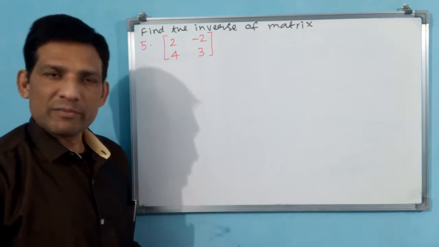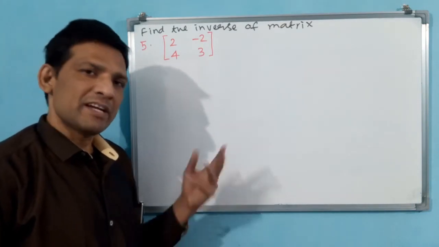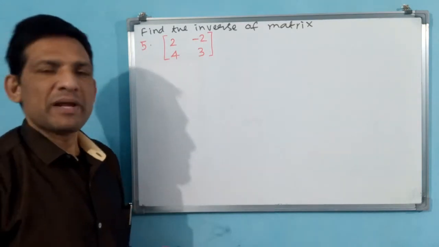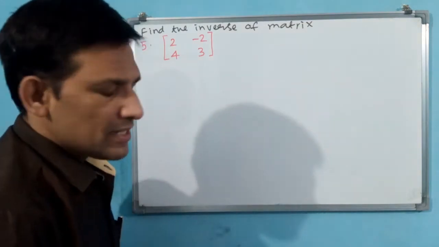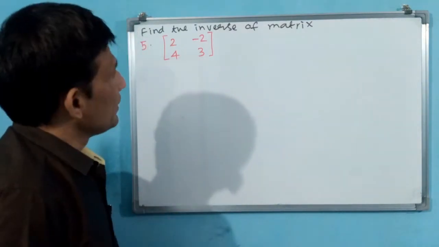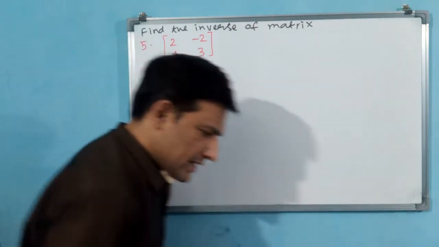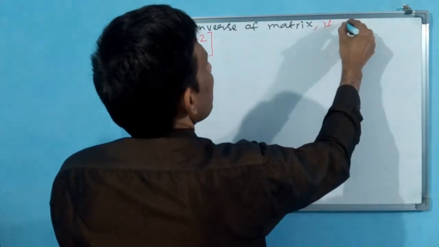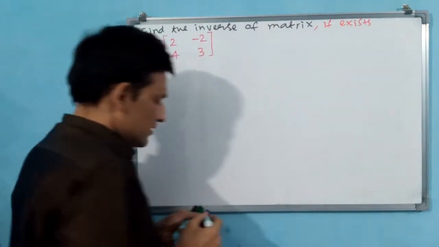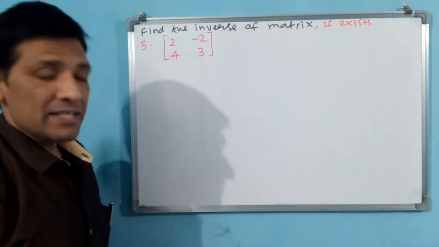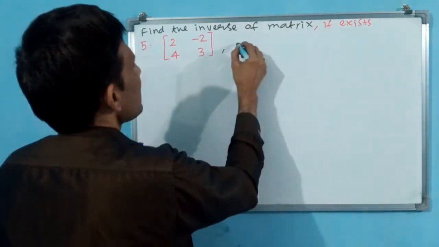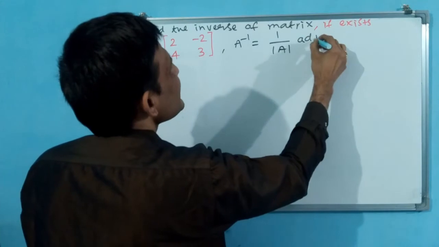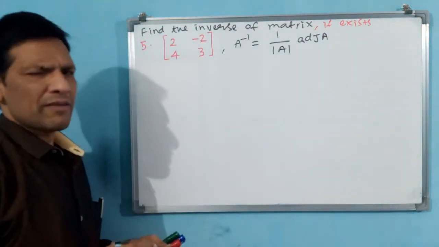Determinant method means what? Determinant you have to find, adjoint you have to find, adjoint divided by determinant. That means 1 by determinant into adjoint. If you multiply, then that is going to be called the inverse. Okay, in this way you are going to find. Okay, see here one thing they have written, if exists. This I have not written, I forgot to write. If exists, this is crucial. Why? Because see, what is the formula for inverse? First let us write the inverse formula. A inverse is equal to 1 by determinant A into adjoint A. This we have proved also. Proved or verified like in the earlier class.